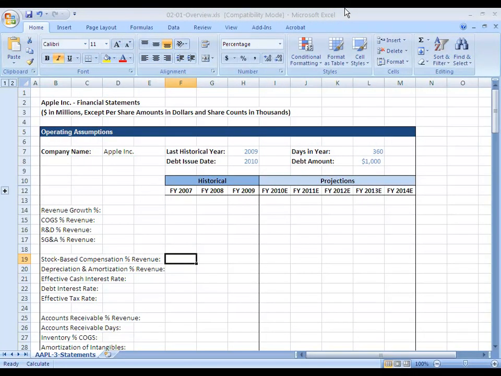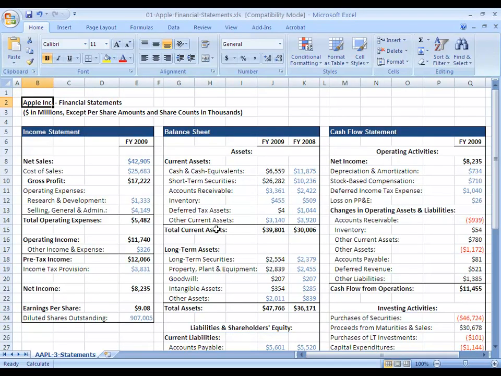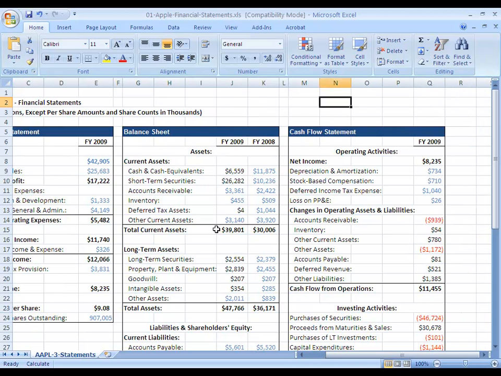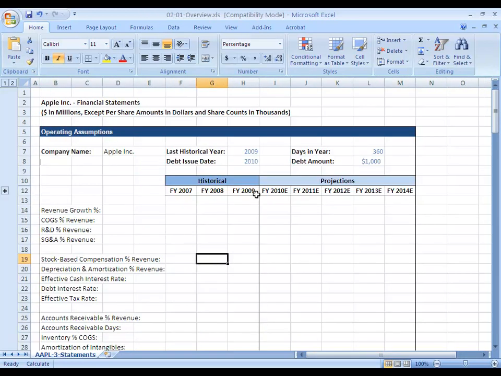Welcome to the first lesson in our series of tutorials on how to create a three-statement projection model for Apple. What we're going to be doing in this series of tutorials is taking the basic accounting model that we had created before with Apple's three statements for 2008 and 2009, and we're going to be extending this for 5 years into the future. So we're going to be looking at 2010 through 2014 specifically,